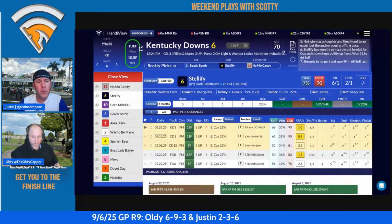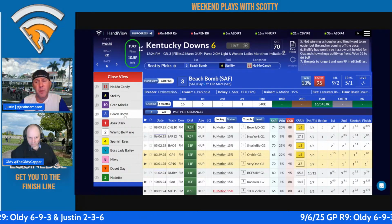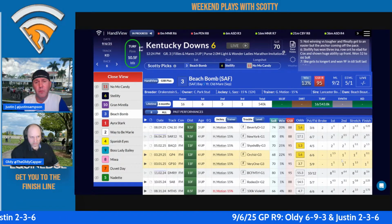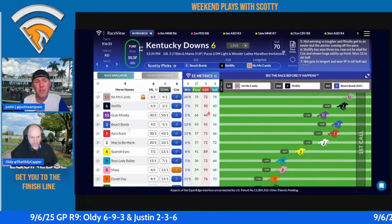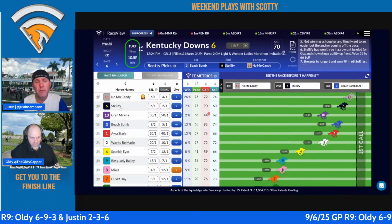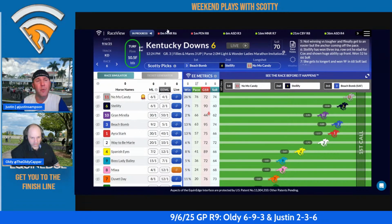But if the 11's out, I think Beach Bomb has a big shot. Louis gonna be right there. She's raced so good on the front end. For me, it's between those two, whether No Mo Candy is in the race or not. I had No Mo Candy third, but